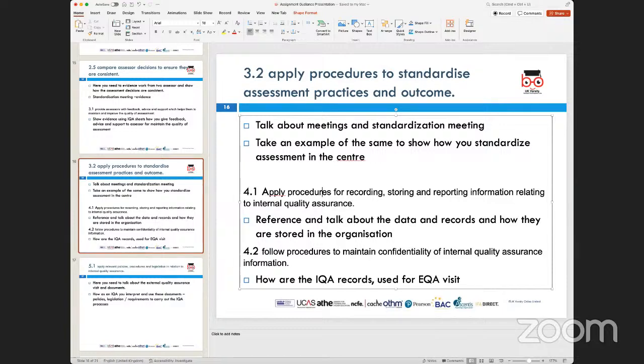If there are requests which come in externally from the organization, sometimes from employers and other agencies, asking can you confirm whether the qualification is being studied by the learner, what was the start date, end date. In such cases, a GDPR form needs to accompany that request from the external organization. And in such cases, until you receive that GDPR form, there is no way that you are going to provide a detailed